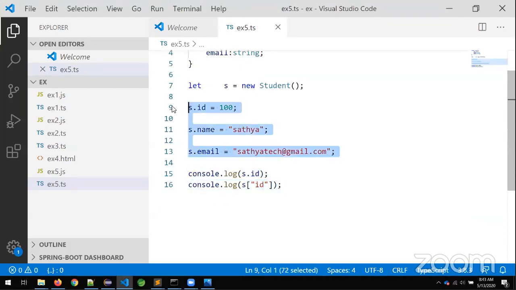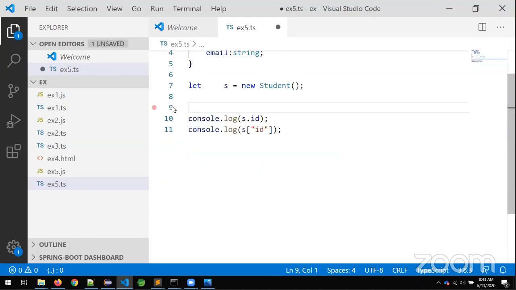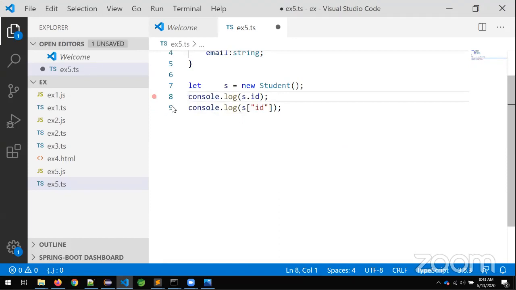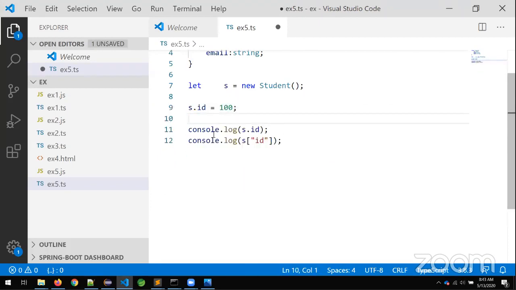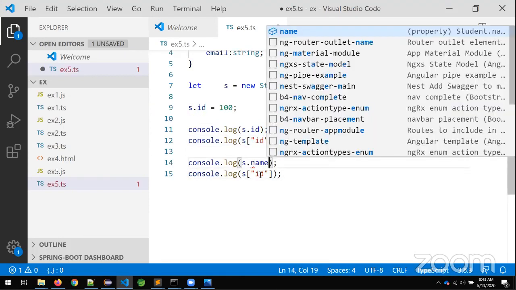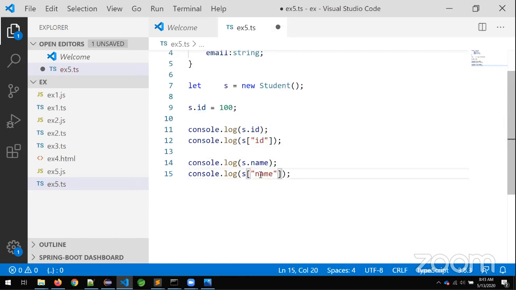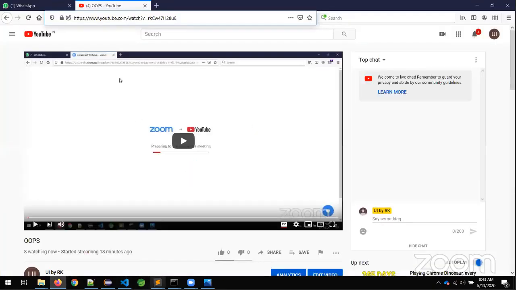Now observe, I am initializing the values here. Now I want to write the next property. Name. And here also I want to provide name. Now observe, refresh. Sorry.